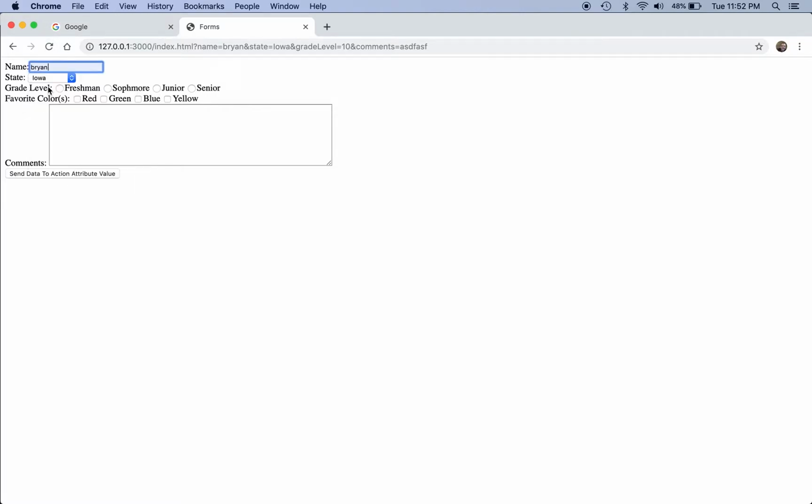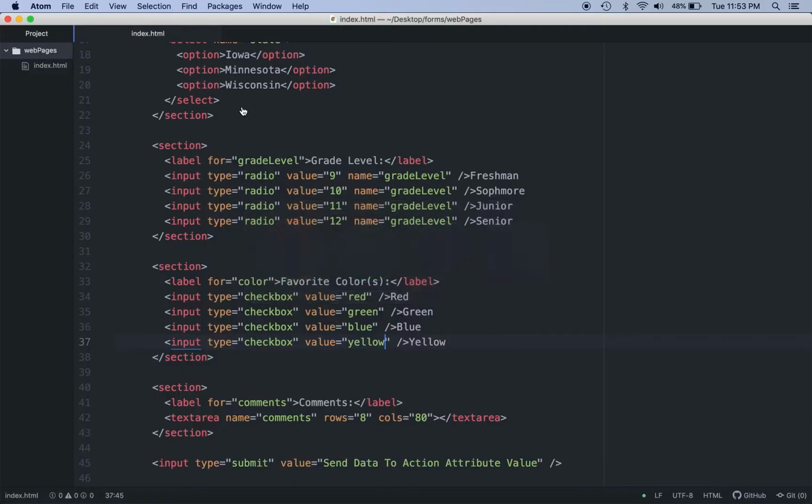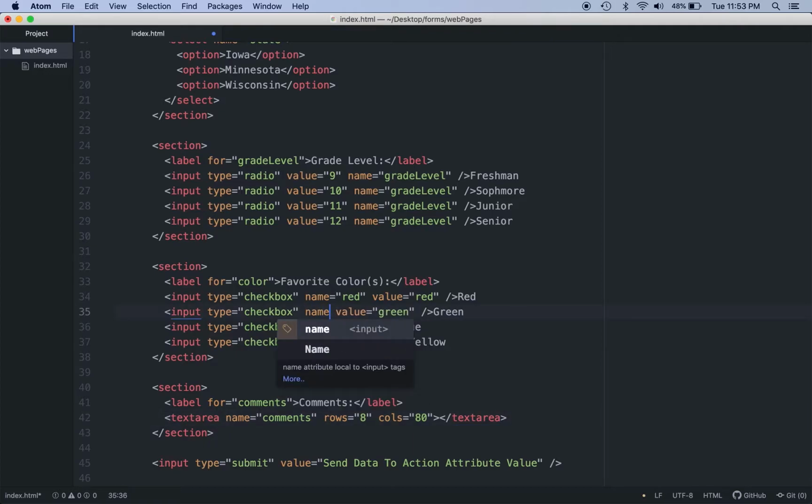So again, Brian, Iowa, junior, and my favorite colors are going to be green and blue. Okay, so I'm a junior, green and blue are my favorite colors, and now you'll notice that when I send this, I still don't have my colors. Why do I not have my colors? I put values there for each of the colors, but I didn't put names for each of the colors. And because I don't have a name, then it's still not going to get sent over. So name's going to be red, name's going to be green,